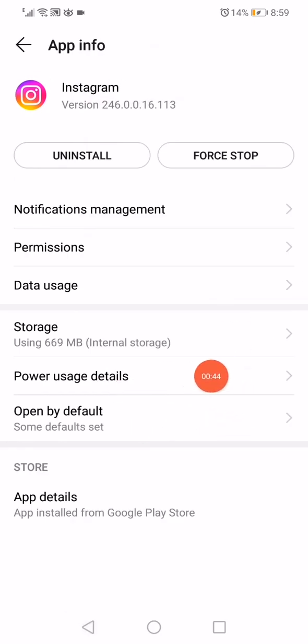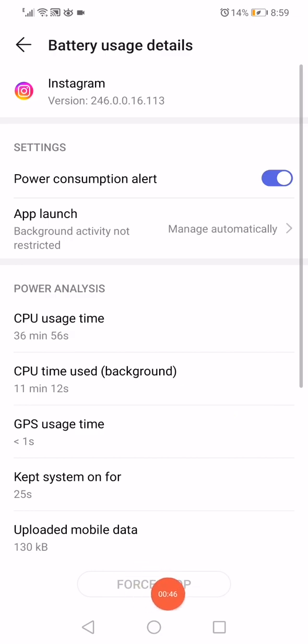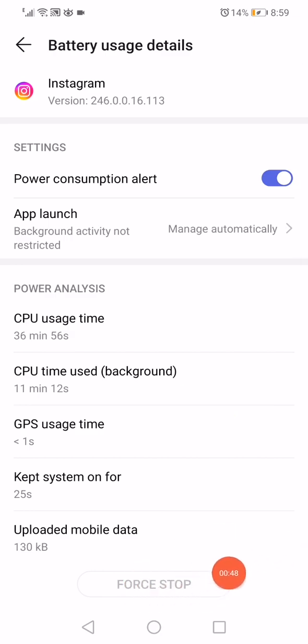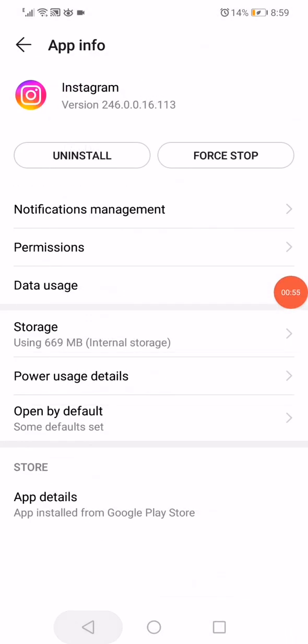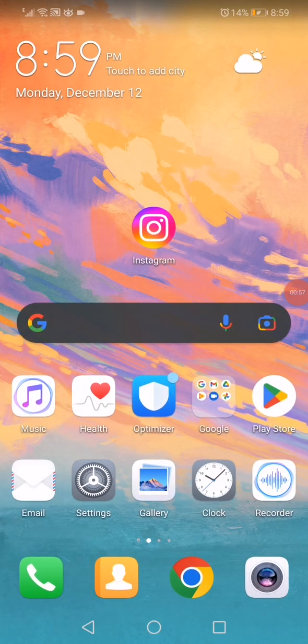Click on the power usage details. Click down here on this force stop if it's enabled. Now go to the app launch and make sure that this option is on. Now turn off your phone and turn it on again and the